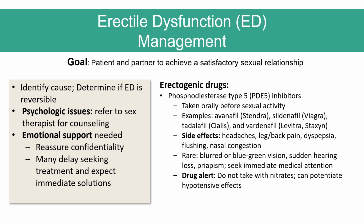So erectogenic drugs, these are medications that facilitate an erection. So these PDE5 inhibitors here are the ones of choice. They should be taken orally before sexual activities. Here are some examples of those. Side effects include headaches, back pain, dyspepsia, flushing, nasal congestion. This can lead to blurred or blue-green vision, sudden hearing loss, priapism, and again, for priapism, they should seek medical